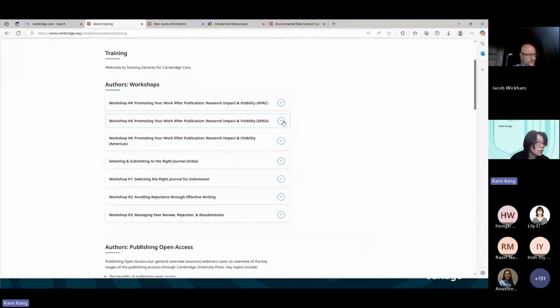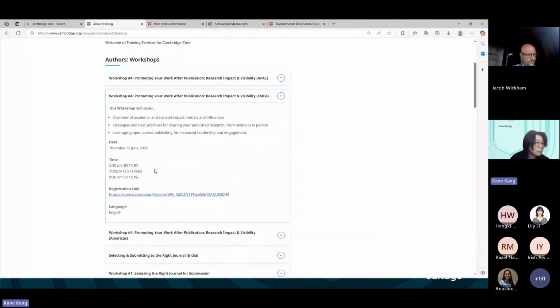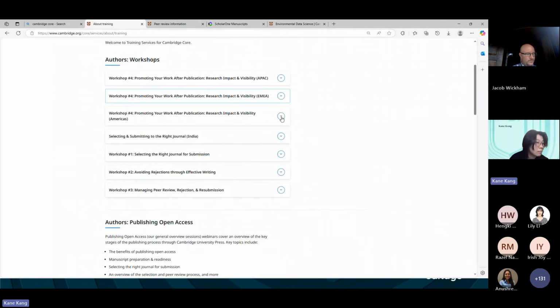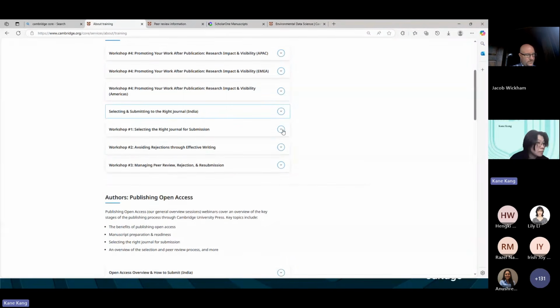And then this information session later is for EMEA and the Americas. We also have an India session, selecting and submitting to the right journal. These three are what we have done.